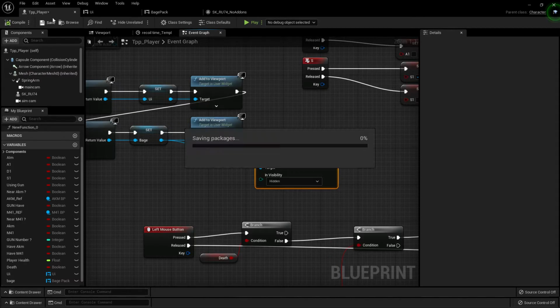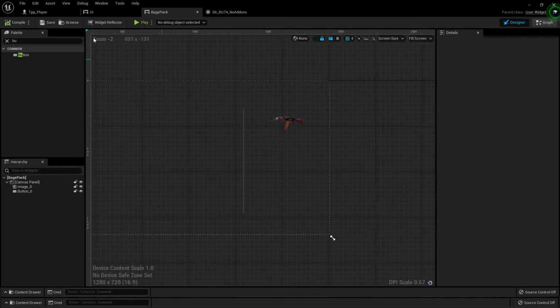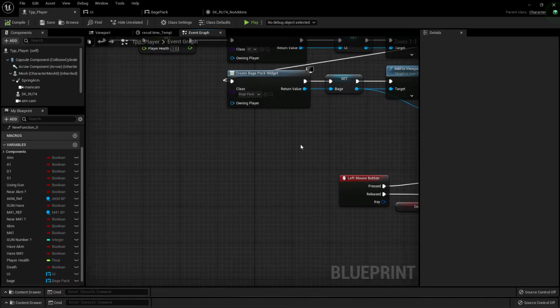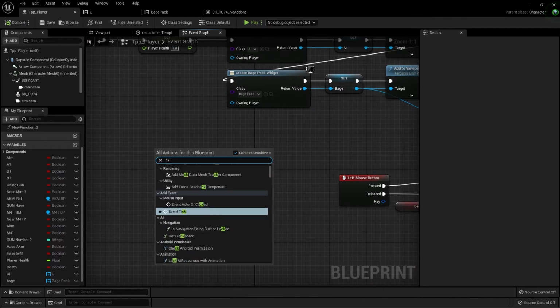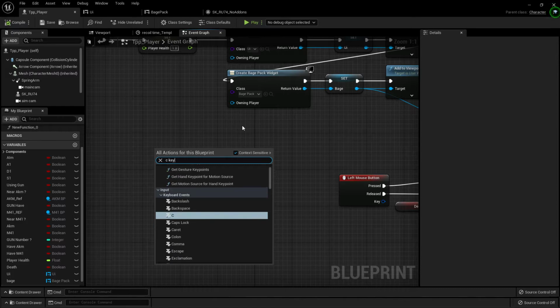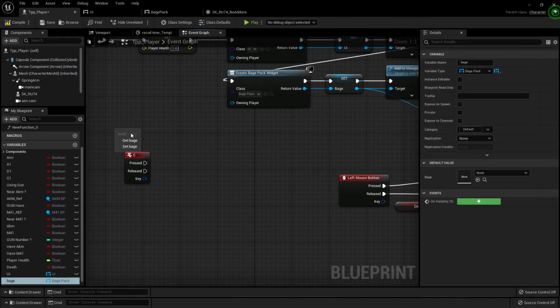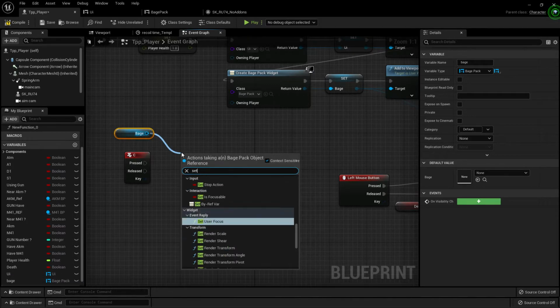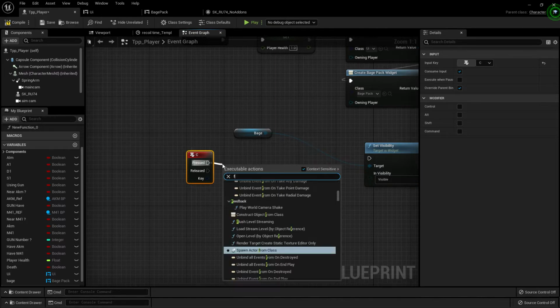Okay, so we will make the backpack visible and invisible, or hide it, later. For enabling the backpack, you can pick any keyboard key. I'm setting the C key. So when the C key is pressed, we get the backpack, click on set visibility, and here, by the key press, we set a flip flop,